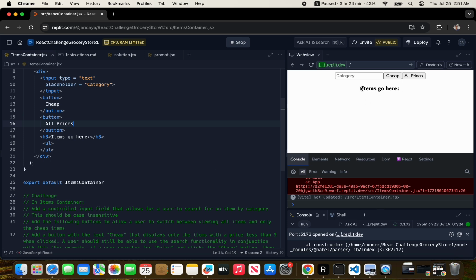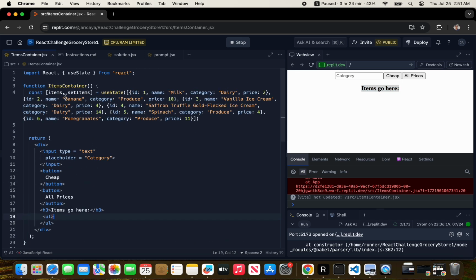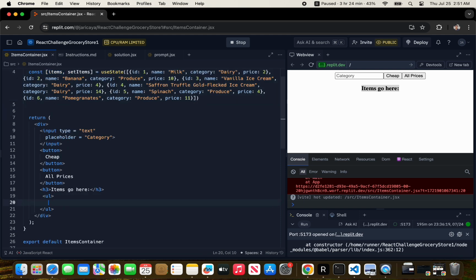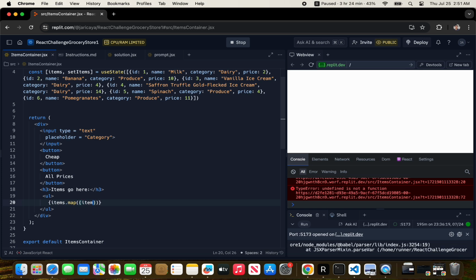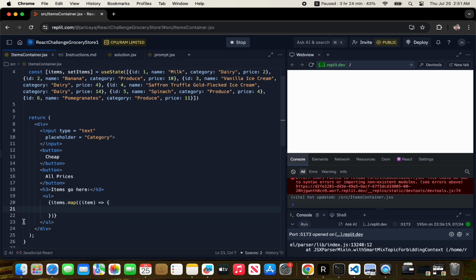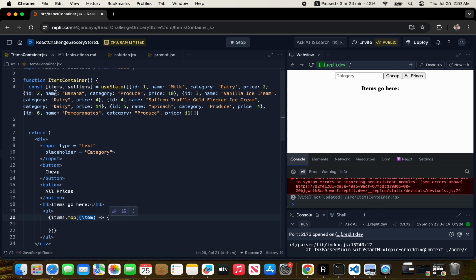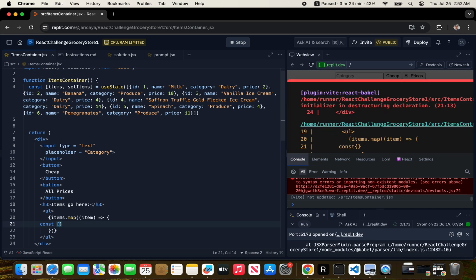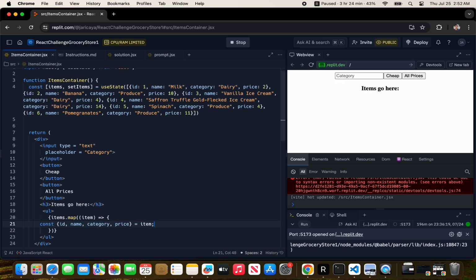Okay, so we are going for inputting the items in our page. So we created a map method right here to show up all the items that are inside of our objects array. We are gonna destructure it so that we can create different items to show up in our lists. Then we're gonna break it down a little bit more to ID, name, category, and price, and assign it to each